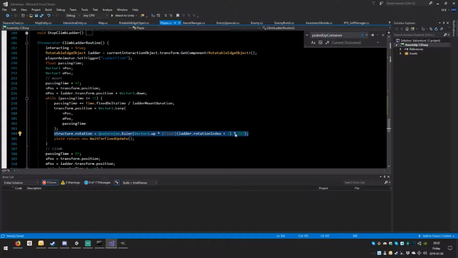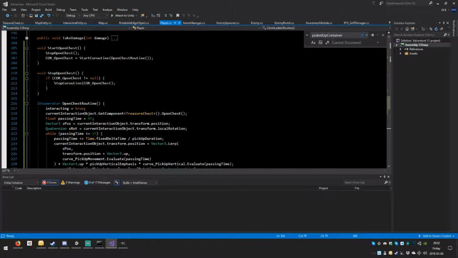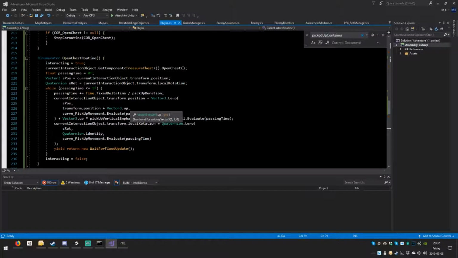But this is a bit different because it takes the ladder rotation index, so it does something completely opposite and then puts you in the opposite rotation. So, blah. It's not going to be great. We could also not do anything because at the end of the day, in order to interact with the thing, you kind of need to be in front of it. So it should work on its own. I'm not sure. So for now, let's not do anything